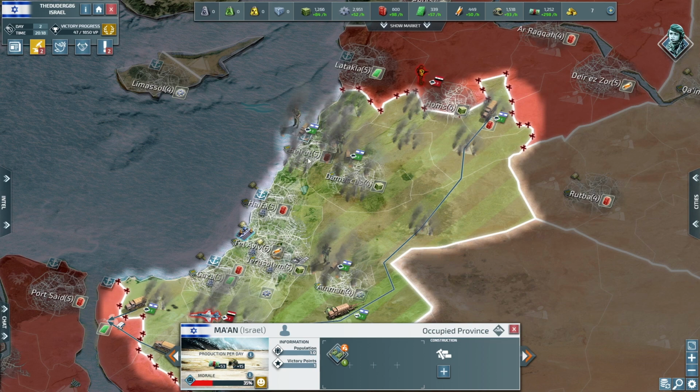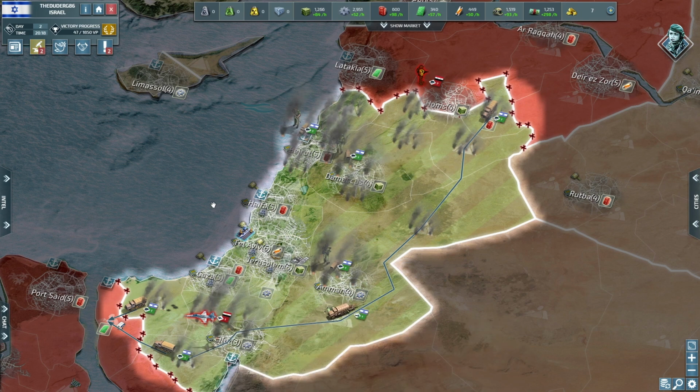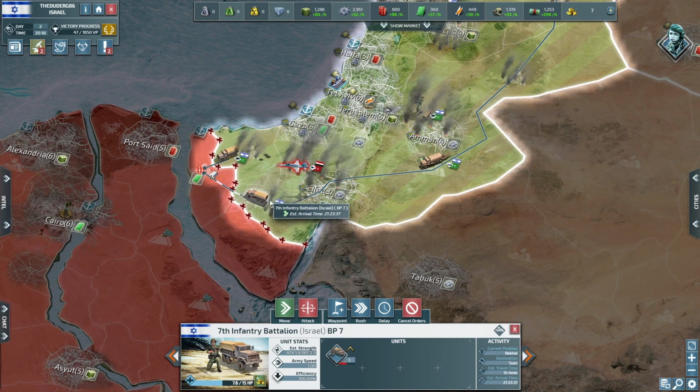We've taken Damascus and Beirut, which, you know, was a harder fight than I thought. We lost more units than I wanted to, but we have 1 in each, and they're not particularly great health. This one's really nearly dead. This one's half dead. Oh man, this is...